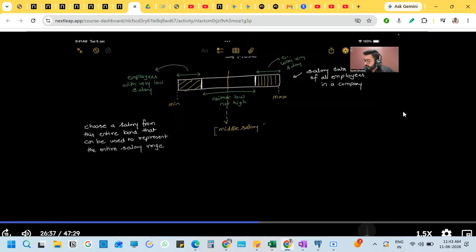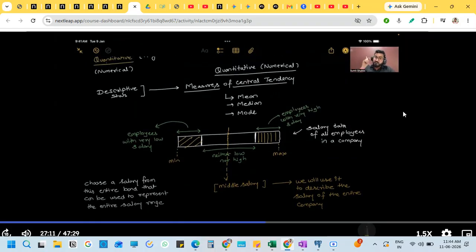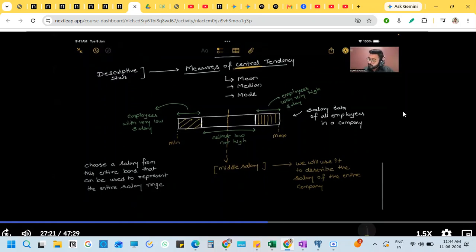And this middle salary will now be used to describe the salary of the entire company, right? Since we are focused on finding a middle value, the measures to find a middle value are known as measures of central tendency. That's the reason the term central is used. So when we talk about measures of central tendency,